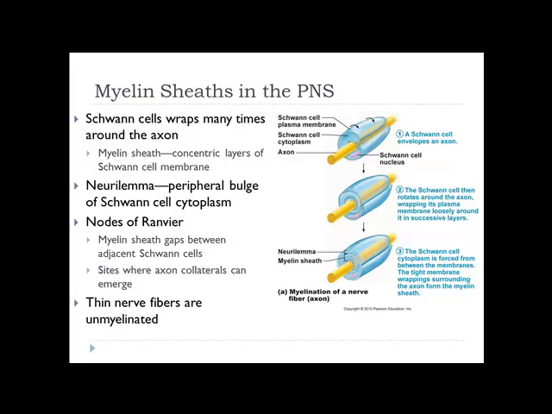Okay, so myelination of peripheral nerves. Here's my Schwann cell. You remember Schwann cells were the cells that make the myelin sheath in my peripheral nerves? So you get your Schwann cell, and what it does is it starts to wrap around itself. And as it wraps around itself, it wraps so tightly that all the cytoplasm gets pushed out to the outer layer of the Schwann cell here. That outer layer is called the neurolemma.